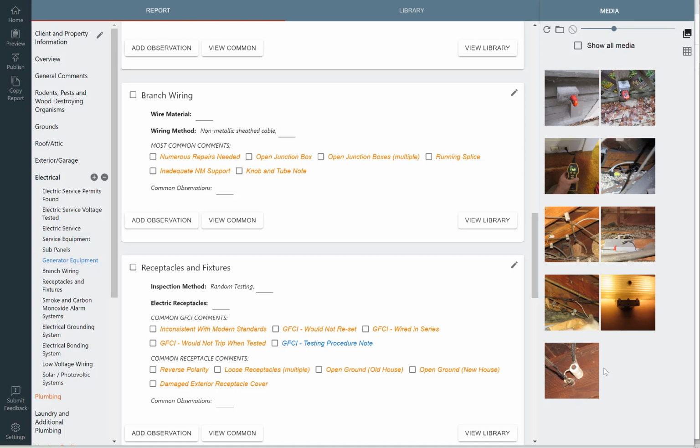a home inspection. And how a lot of people's reports read, because of how software works, you would put these in as individual items, right? There was an interior receptacle used for the exterior. Hire a licensed electrician. There's a damaged cover plate. Hire a licensed electrician. There's an open ground. Hire a licensed electrician. There's running splices onto knob and tube. Hire a licensed electrician. And you would end up with potentially, like, 6 or 7 or 8 or 9 repair